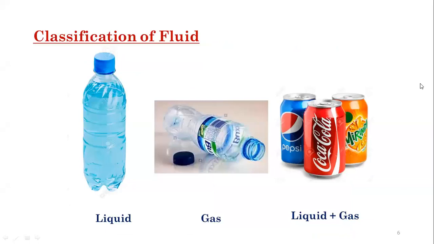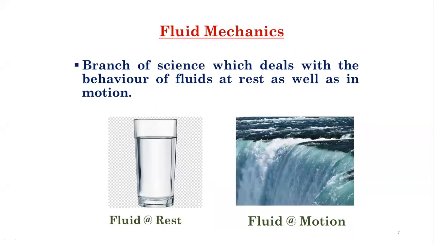Right. So next slide, we have the classification of fluids, where I already said fluids are mainly classified as liquids and gases. And nowadays you can see the combination of liquids plus gases, where liquid and gas are mixed together, right? So this comes under liquids like water, gases like atmospheric gases, and this one, right? So after completing this classification of fluid, we are going to see the fluid mechanics definition, right? So I already said it is a branch of science which deals with the behavior of fluid at rest as well as in motion, right?